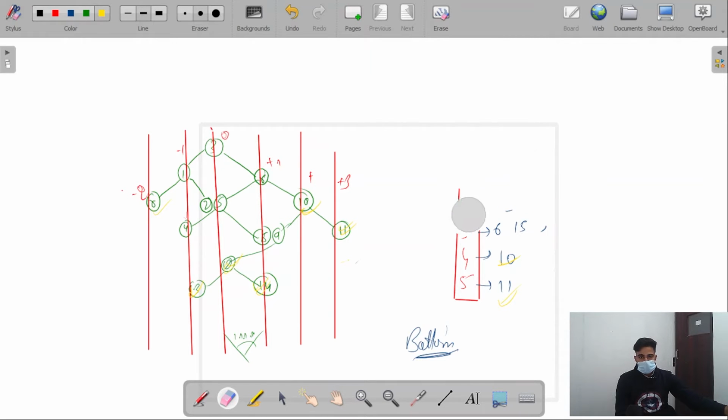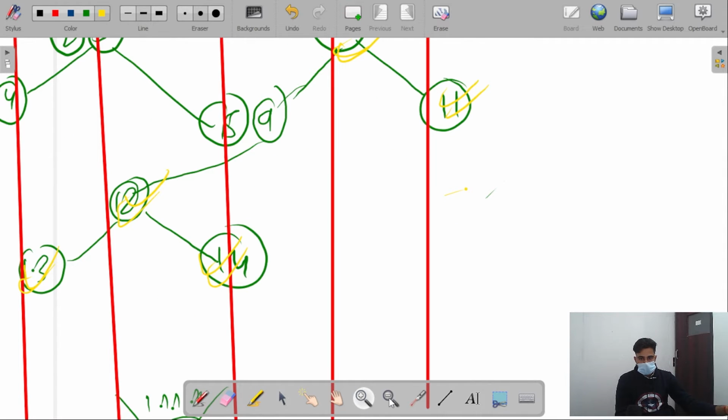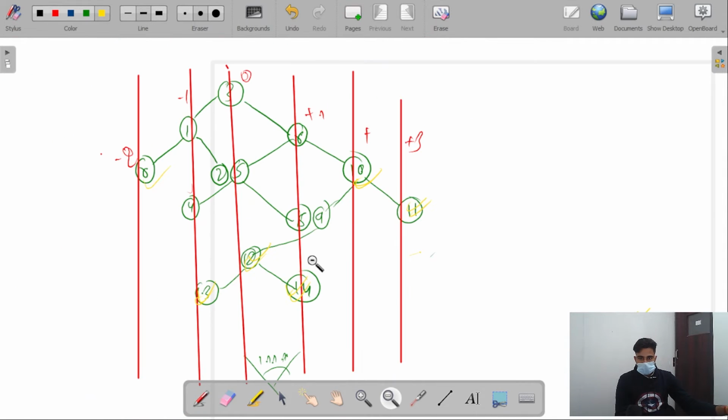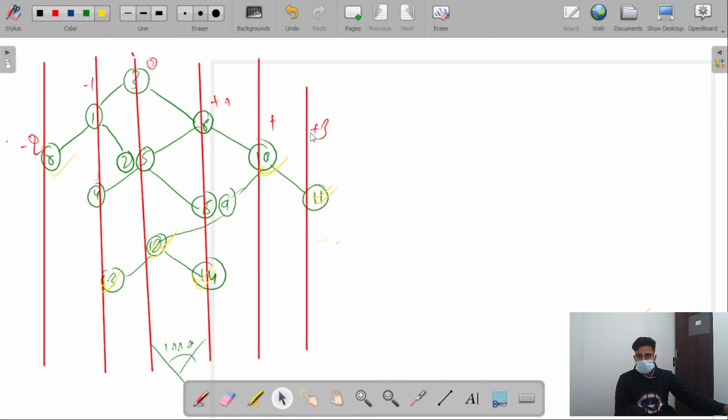Let me erase it from here. Okay, so yeah, first let me create a queue to perform a vertical level order traversal,